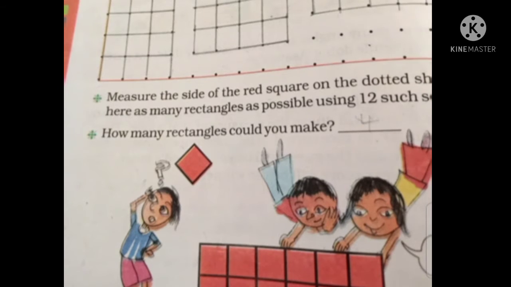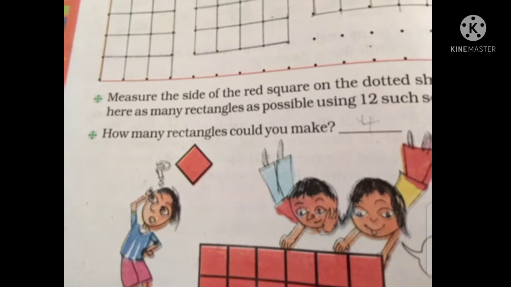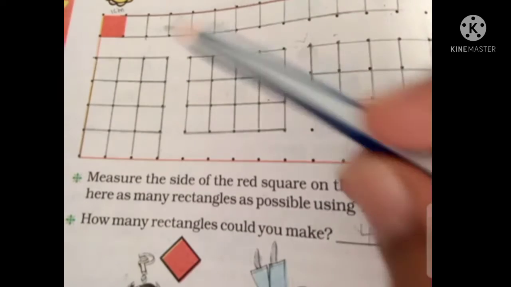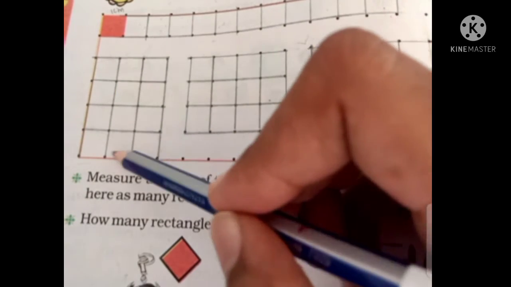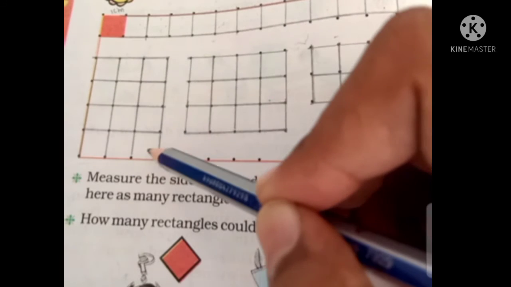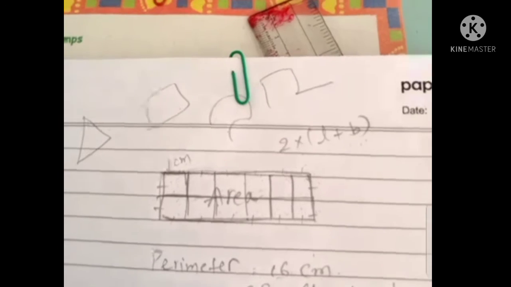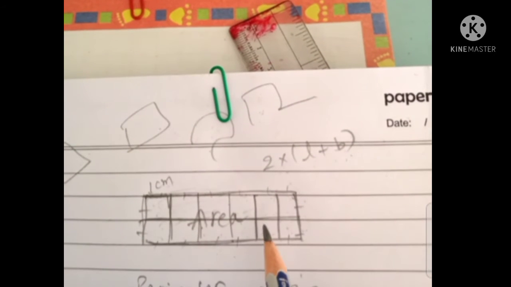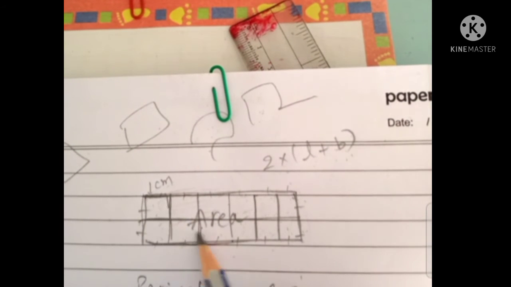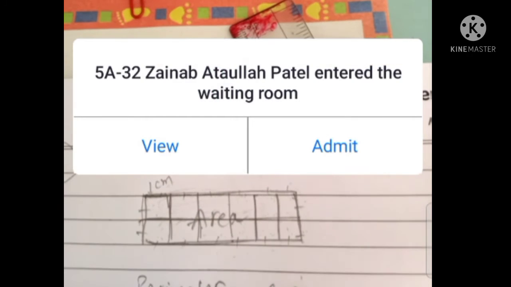Do you know what is area? See, can you see this inside? I am explaining what an area is. Let's see here. Can you see this figure? This inside portion, the surface occupied by the closed figure, is called the area. This is a rectangle, and the inside of the figure is the area, right?